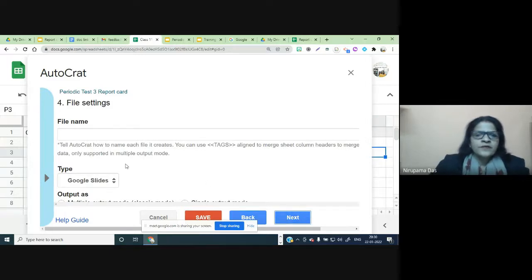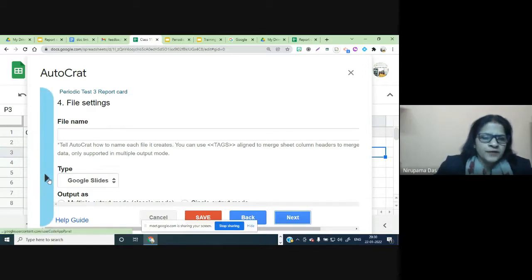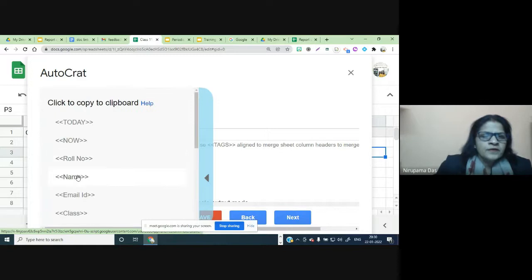Next. Now file setting, file name. Obviously when we send to the students, the file name will be in the name of the individual student. We can check here what we have written. Here you can see name.